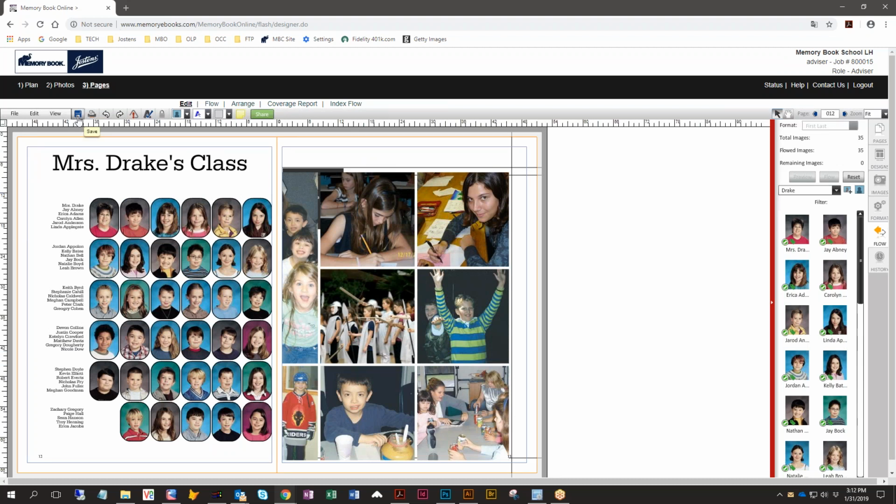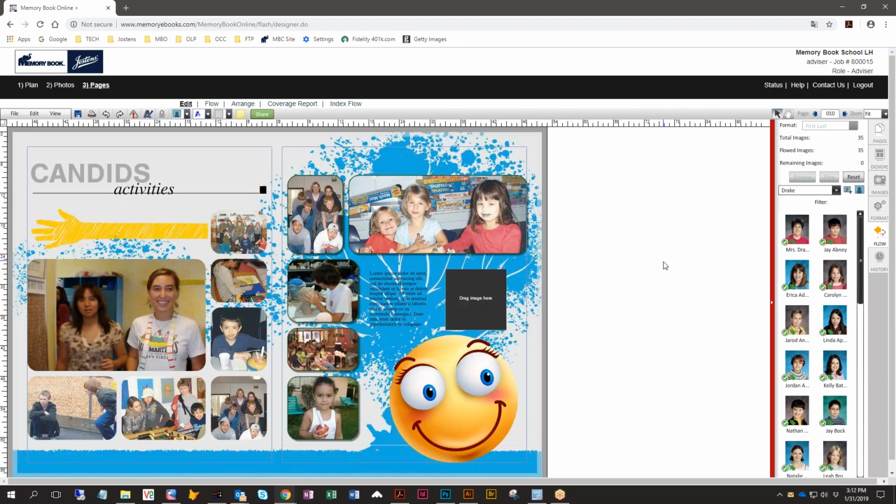But now the next thing, when you're reviewing your pages and getting close to completing, I'm going to jump back here. As you're reviewing your pages, making sure everything's just so, check up at the top toolbar and click on the Highlight Incomplete Elements button. What this will do when you click on it is, if there is an empty photo box or an empty text box on the page, this button is going to highlight those,